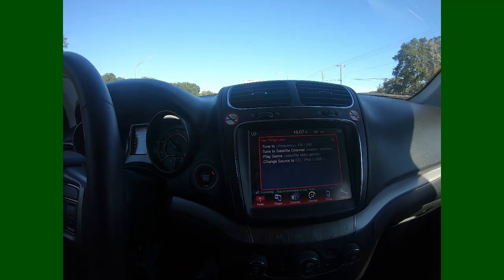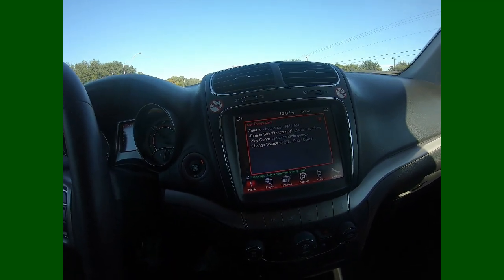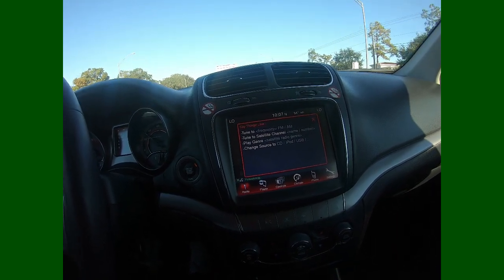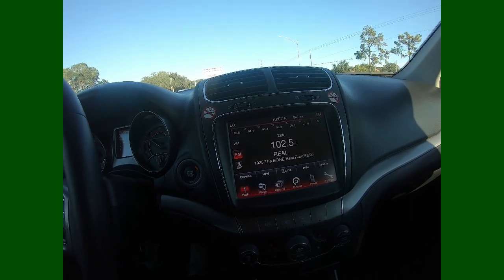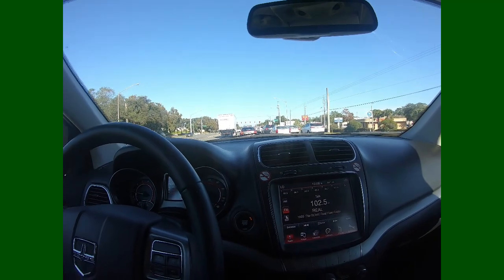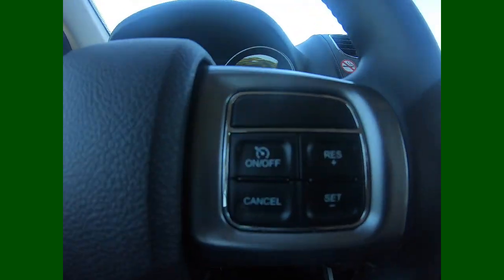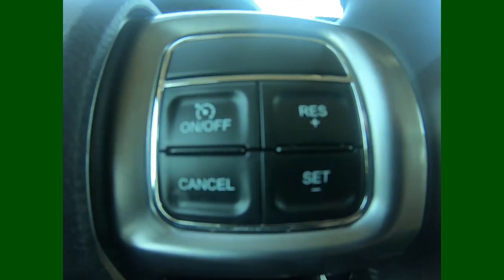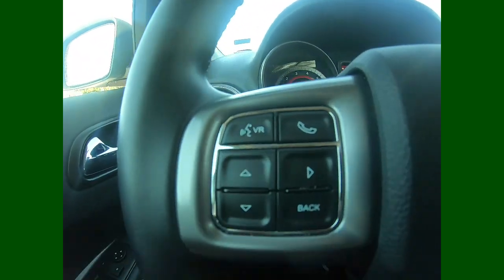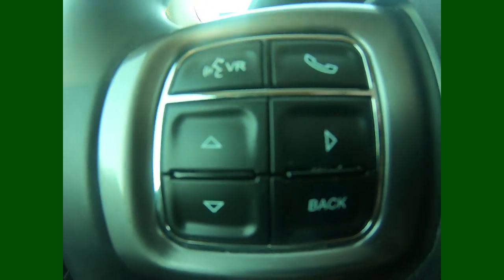Oh, look at that. You can say tune to, or play genre, or change source to. So it's pretty nice. There are no phones connected. Nice features. You've got the cruise control features and the resume, you've got all that right there. And over here you can go through your phone and your contacts and all that, and